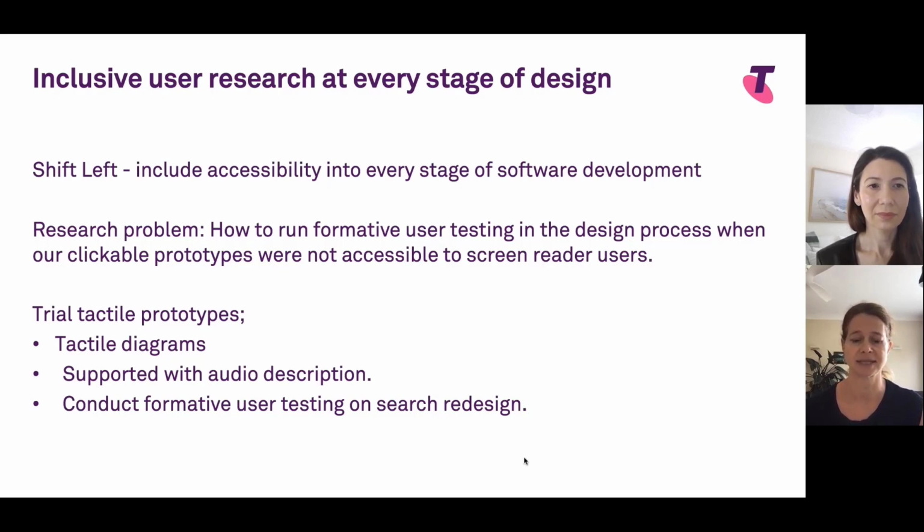We test our live sites and apps, and through this process, we've identified many accessibility defects and usability improvements. But we wanted to expand our practices to be more inclusive and test not just our live sites, but throughout our design process. This fits in with the concept of shift left, moving accessibility efforts earlier in software development, which not only has efficiency benefits, but will mean we're also more able to design optimal accessible experiences.